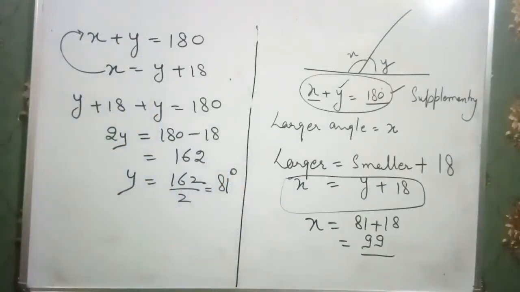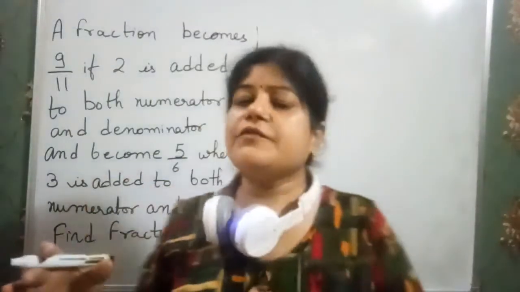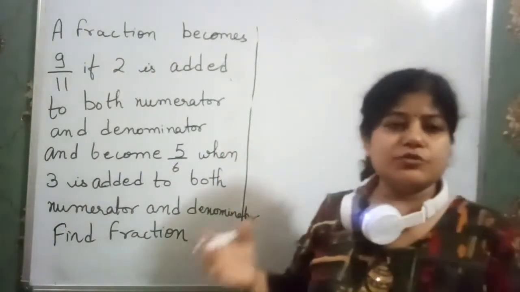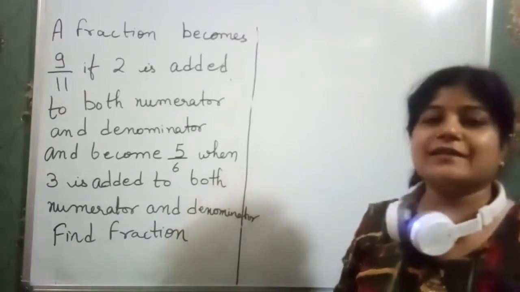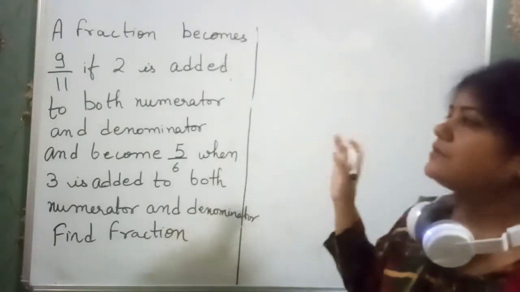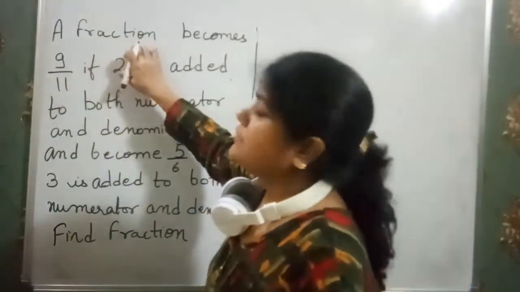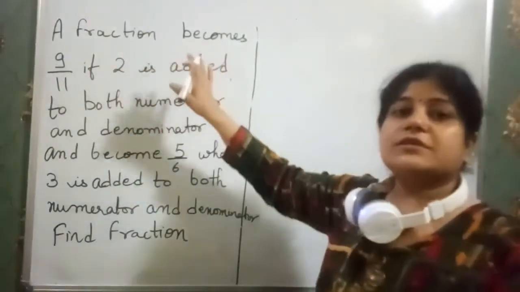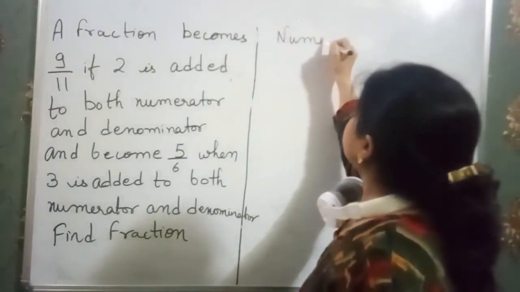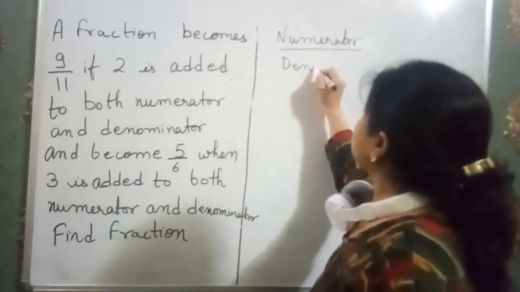Now another question. The question on the blackboard is of the topic fraction. Firstly, I took the topic of simple two numbers, then the topic of angles. Now this is the topic which is based on fractions. Clear? Now just concentrate on the question. A fraction. As you see, it is written a fraction. Fraction is in the form numerator over denominator. Clear?